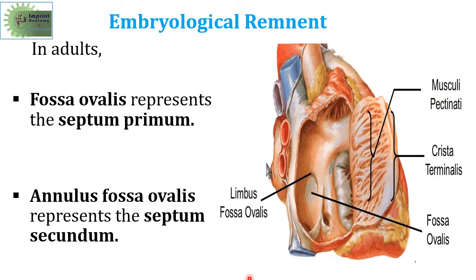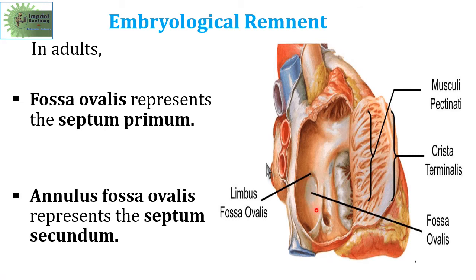After complete development of the interatrial septum, it shows a remnant in the right atrium. In adults, it shows the fossa ovalis. So let's see what is fossa ovalis. The fossa ovalis is a small depression which is present in the right atrium, and it is formed by the